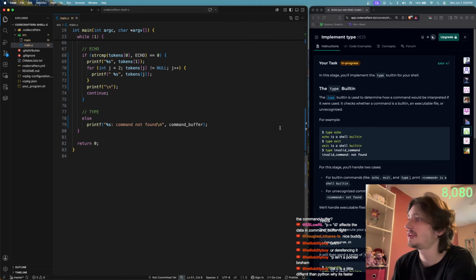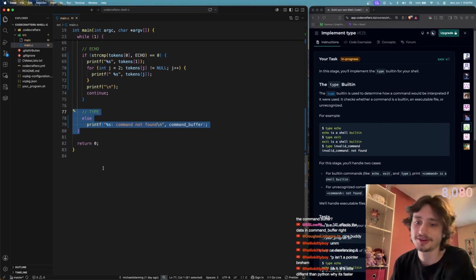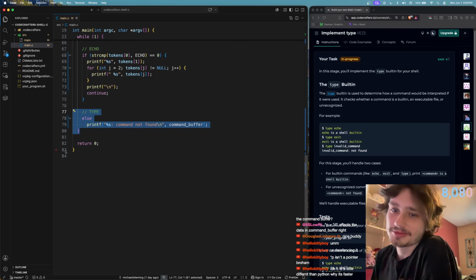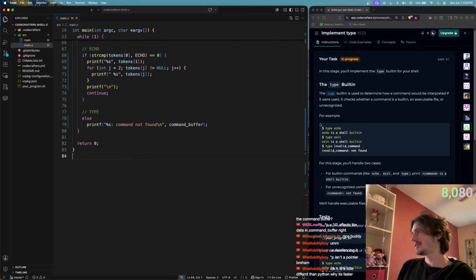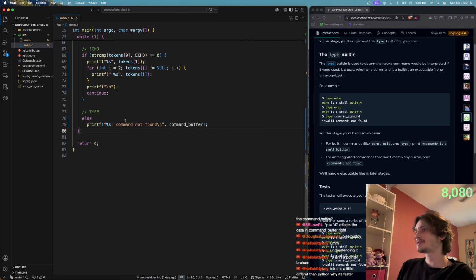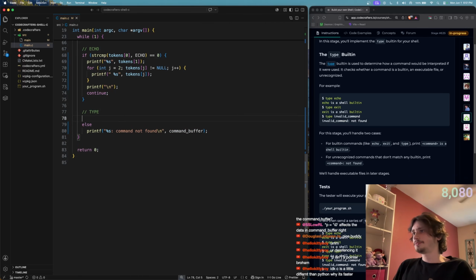So let's go ahead and maybe take a stab at this type function. So an hour into the stream and we're just starting the type function, right? Sorry. Okay, here we go. So the type built-in, remember, just determines whether or not the type of the given following token is a built-in type. So what we're going to do